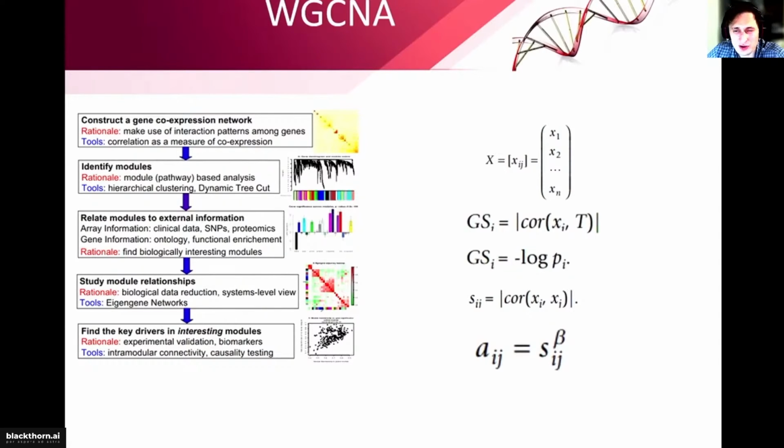So when we have our genes, we perform all this variance normalization. Then, once we have calculated correlation, we build the adjacency matrix, which is just the correlation raised to some power, which we can extract from our data. And also, a significant thing to keep in mind: we have to be sure that our topology is scale-free, and we have to build it.